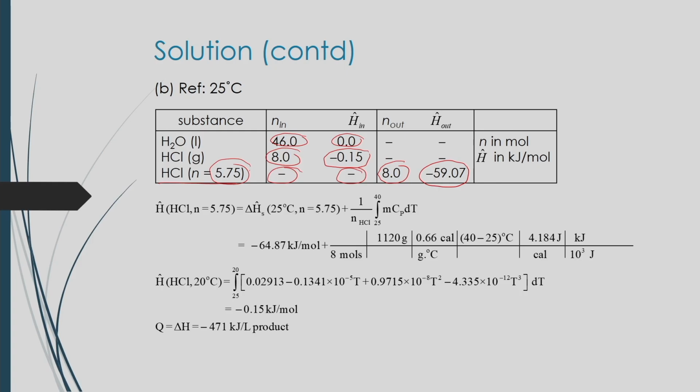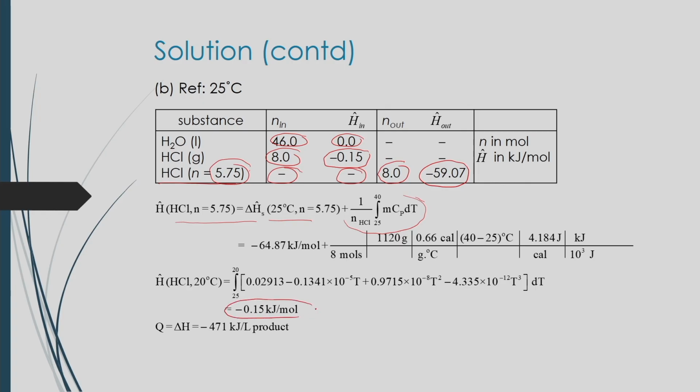Now, according to that, what will be the specific enthalpy of this solution at 25 degrees Celsius, and how will the sensible heat change for this hydrochloric acid from 25 to 40 degrees Celsius? If you substitute those values here, then finally you can get